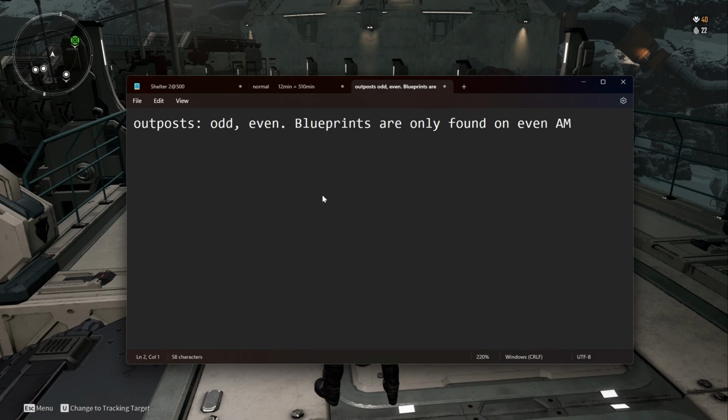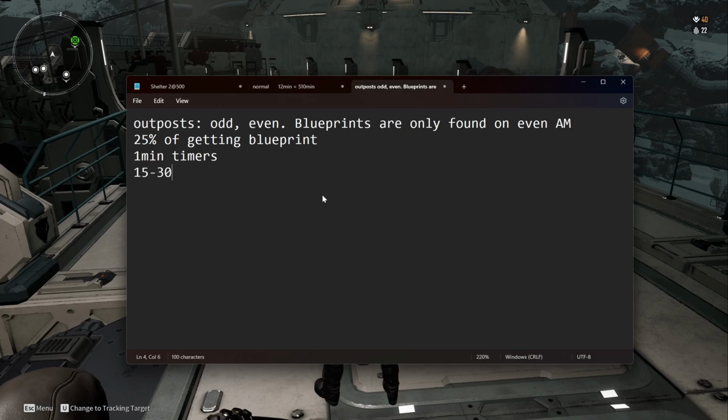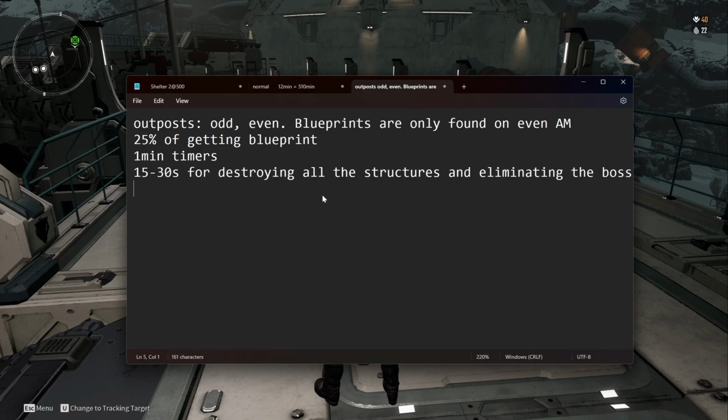So that means having a Sharon around won't help. There's a 25% chance of getting a blueprint, and they're on 1-minute timers. It takes 15 to 30 seconds for destroying all the structures and killing the boss, which leads to about 1 minute and 15 seconds in total for a 25% chance of getting an amorphous material. Doing the math, this means we get 1 amorphous material every 1 minute and 15 seconds, or 1¼ minutes, and